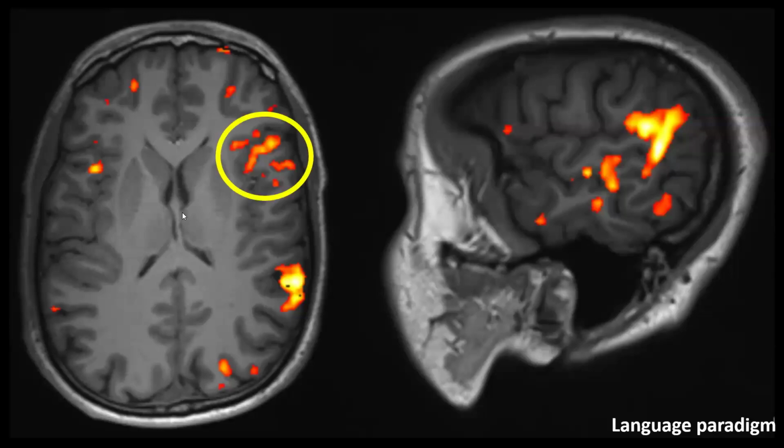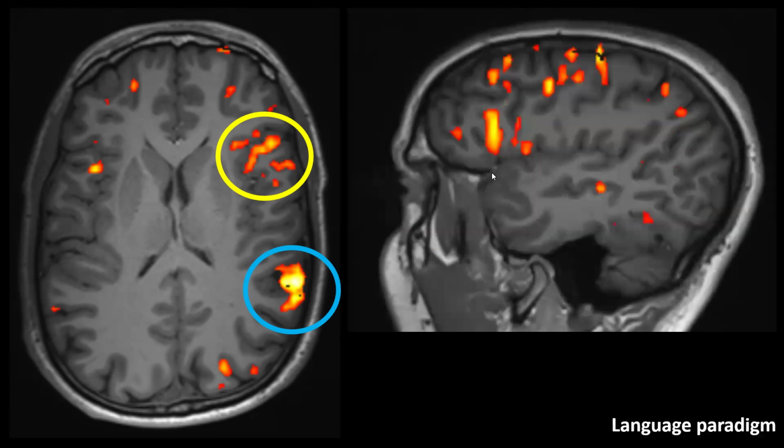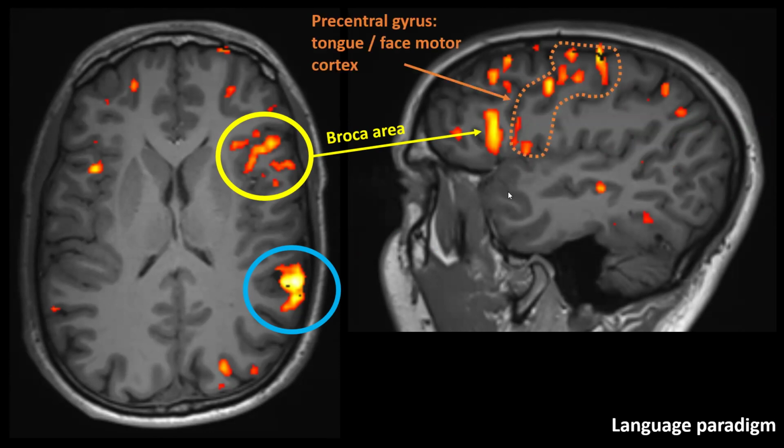And we see activation in the Broca area over here and in the Wernicke area. And if we correlate it with the sagittal image, the Wernicke area is located in the posterior-superior temporal region and the parieto-temporal transition area. This is the Broca area on the sagittal plane, but we also see foci of activation here in the precentral gyrus at the level of the motor representation of the mouth and the face in this